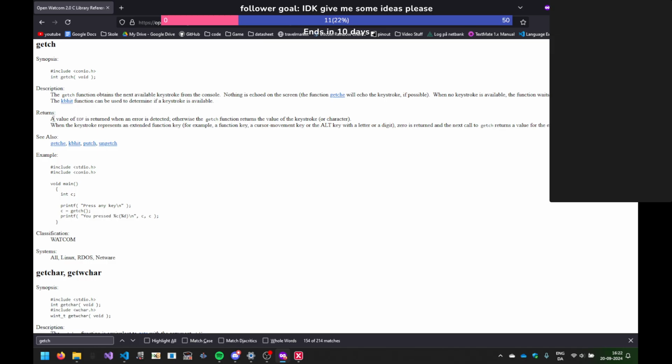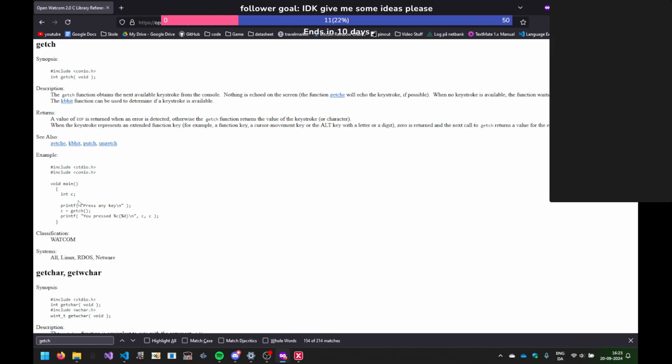EOF is returned when an error is detected. Otherwise, the get character function returns the value of the keystroke or character. When the keystroke represents an extended function key, for example, a function key, a cursor movement key, or Alt with a letter or digit, 0 is returned, and the next call to getch returns the extended function. Okay, so